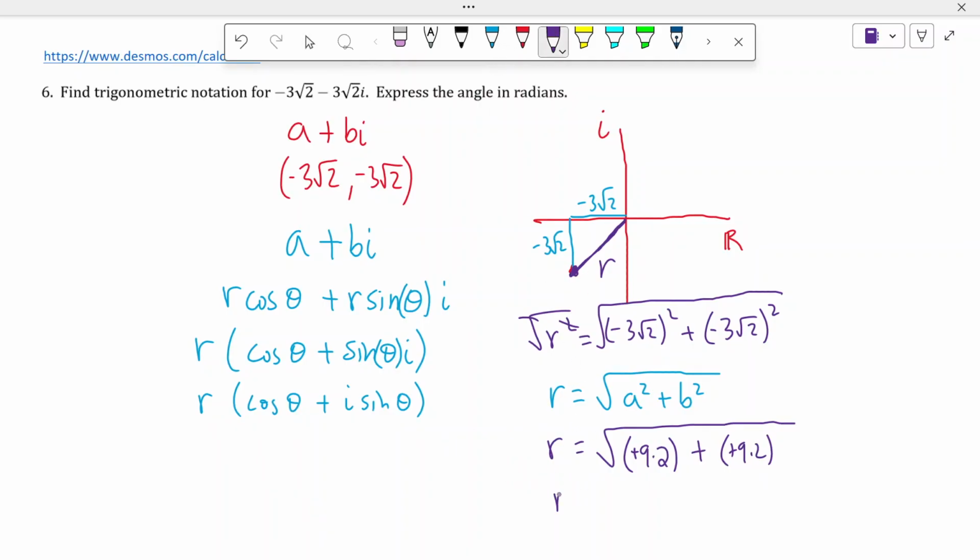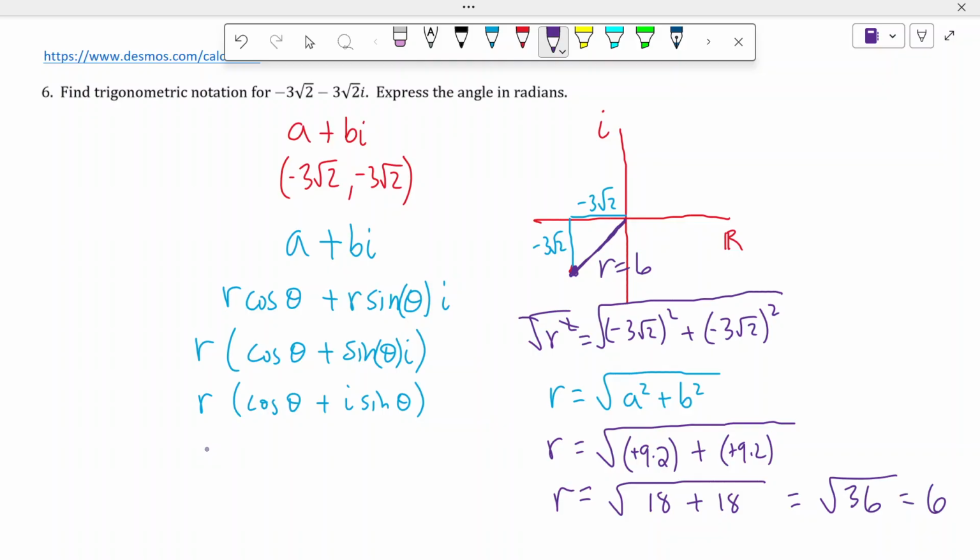get my pen back. It's really just the square root of 18 plus 18. Actually, 18 and 18, isn't that just 36? This is the square root of 36, which, wait, isn't that just 6? So our radius must be 6. R must be 6. Okay, so that's going to go in my formula here to turn it into the trig